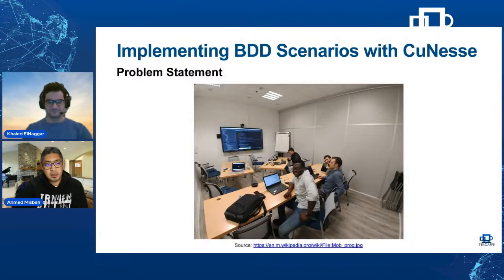Now, here's our problem statement. When different team members are collaborating in order to write the Gherkin scripts or the executable specs, if you're using a tool like Cucumber or whatever test tool you're using, and you're doing some sort of collaborative programming like ensemble programming, the developers or the testers are usually going to be sharing the code editor or the IDE.